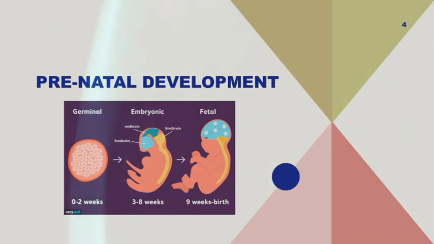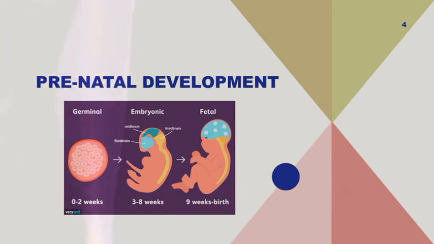And the embryonic stage is a period of intense growth and development. And during this time, the embryo's major organs and bodily systems begin to form through a process known as organogenesis. And critical structures, such as the neural tube, which eventually develops into the brain and spinal cord, emerge during this stage. And finally, we have the fetal stage, and beginning around the 9th week of gestation, the continuation until birth